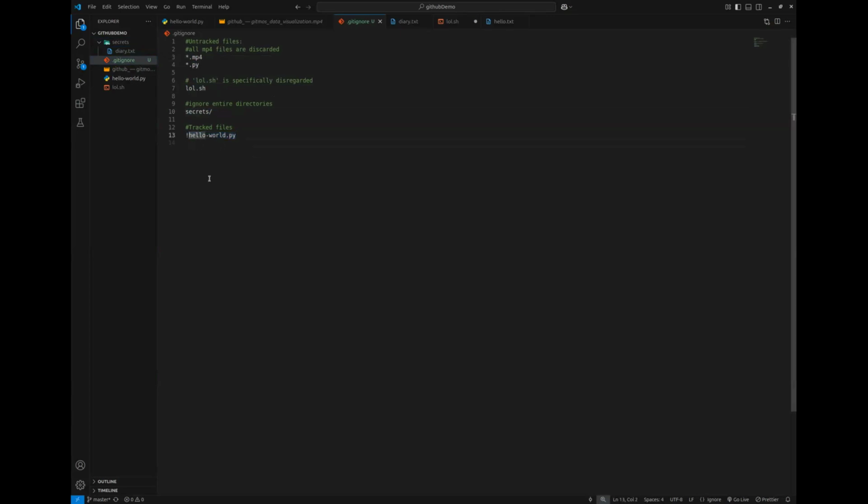In most programming languages, this exclamation point is going to negate whatever comes after it logically. And this is the same within this .gitignore file. So if you see up here earlier, every .py or Python file is not tracked, except this one will be. This will overwrite anything that is not being tracked.